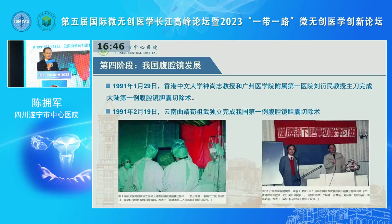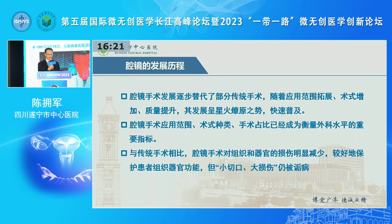Back in 1991, before Hong Kong returned to China, Professor Chen from the Chinese University of Hong Kong and Professor Liu Yanming completed the first laparoscopic cholecystectomy in the mainland. The development of endoscopic surgery has gradually replaced